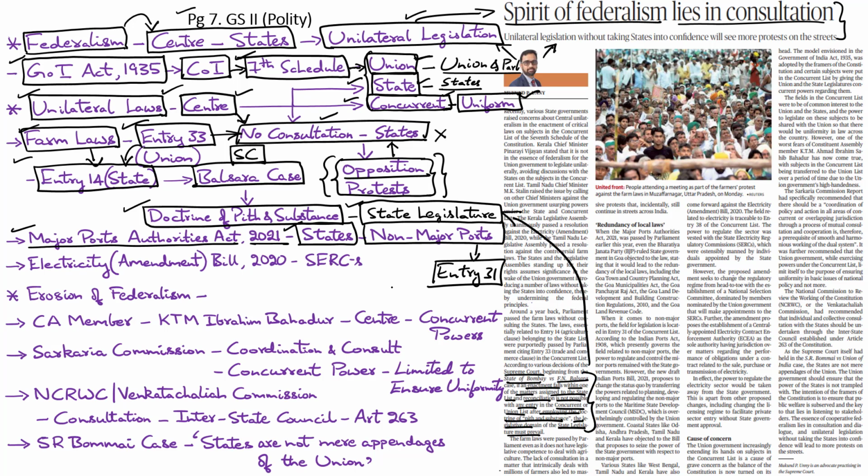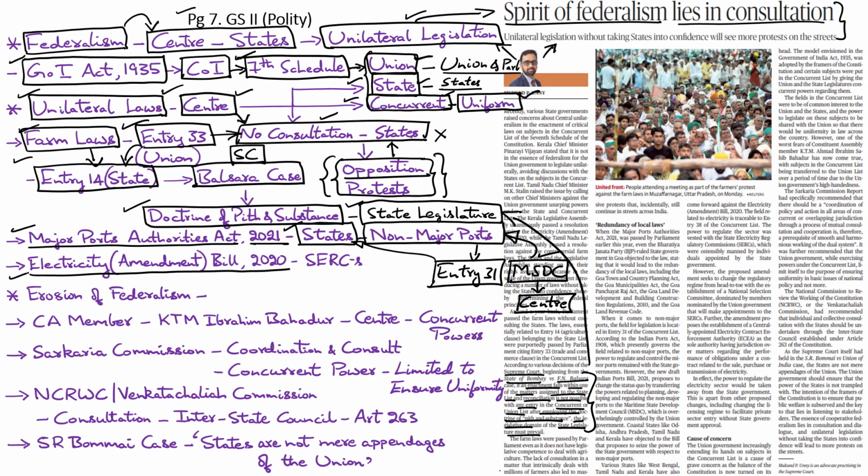by the state governments. But however, the new Indian Ports Bill 2021 proposes to change the status quo, and it proposes to transfer the powers related to planning, developing and regulating the non-major ports to the Maritime State Development Council, which is entirely controlled and regulated by the Centre. So several coastal states have opposed this law, and apparently the Centre has brought out this unilateral law without consulting the concerned states. Then even with regard to the Electricity Amendment Bill of 2020, there have been strong protests by